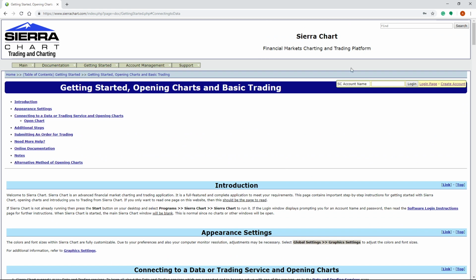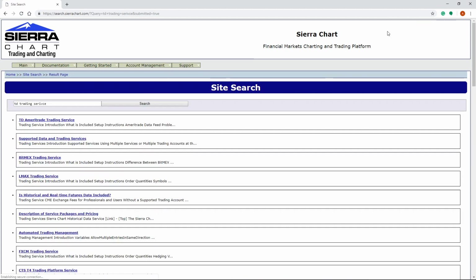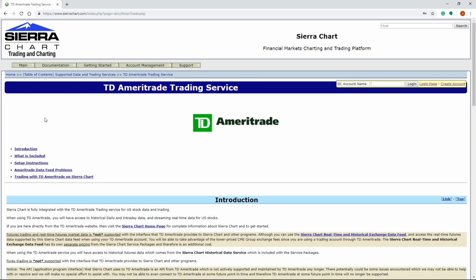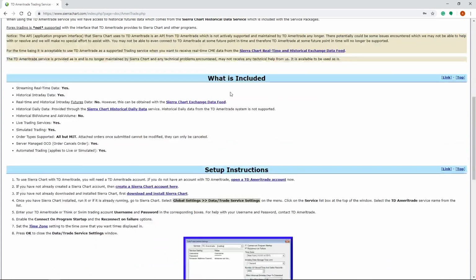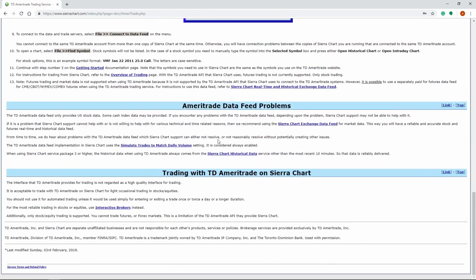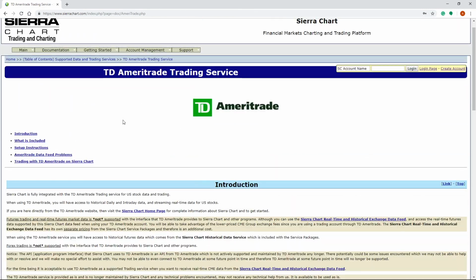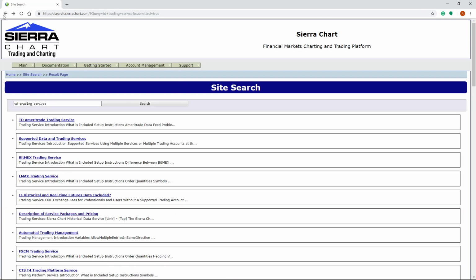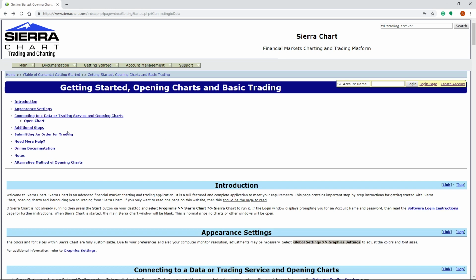And just to give you an example of how this kind of search engine works, if you just typed in TD trading service, and press search, okay, it would come up with TD Ameritrade trading service. So if you were using Thinkorswim, and it will just give you the step-by-step of exactly what to do to get fired up with there. Okay, so you can do this for anything. Again, just to kind of show you how good they are with their support for this program. Okay, so that'll be